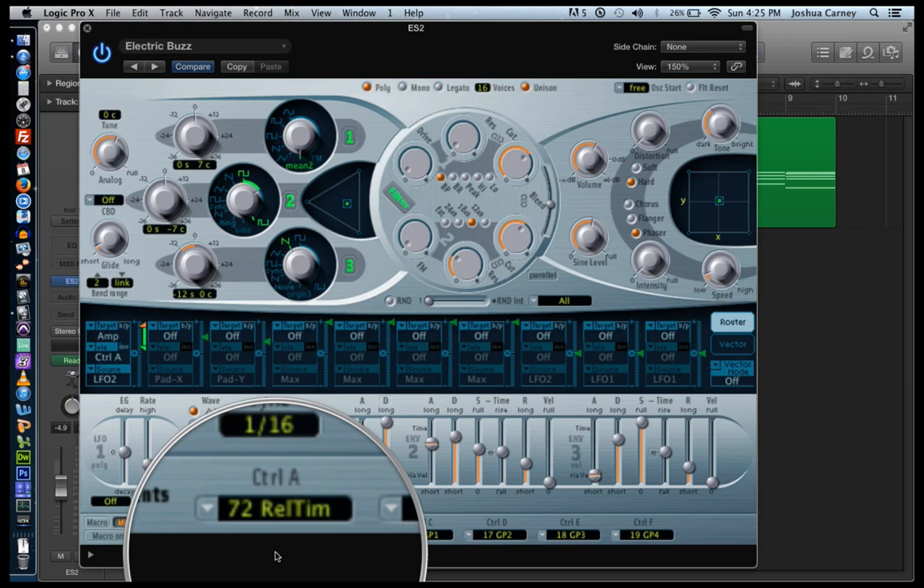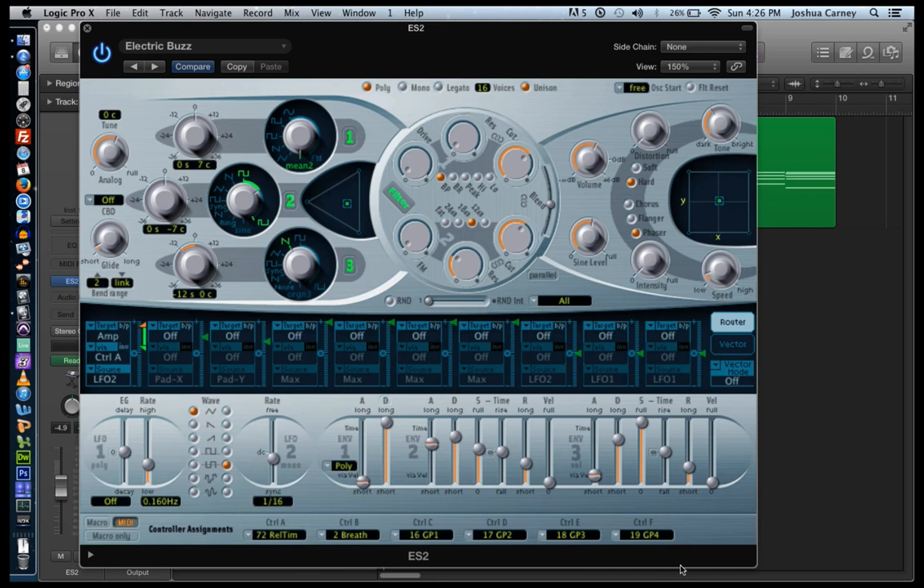So now when I push that fader down, we don't get much of the stutter effect, but if I push it up, we get more of that stutter effect. So like I said before, there's 6 of them. You could map up to 6 different faders or knobs and have those 6 faders or knobs control 6 different parameters in the ES2. The very last thing I want to show you about the ES2 is the ability to